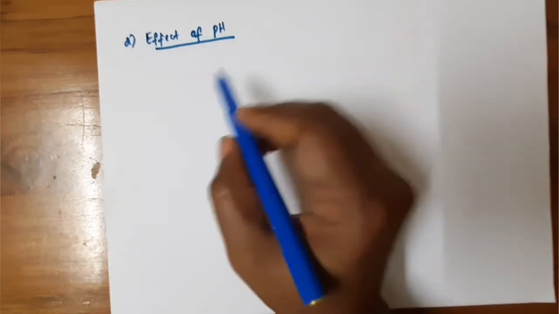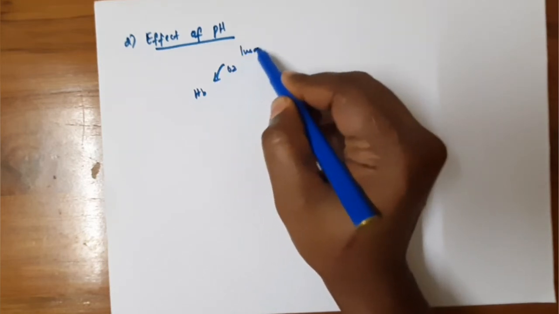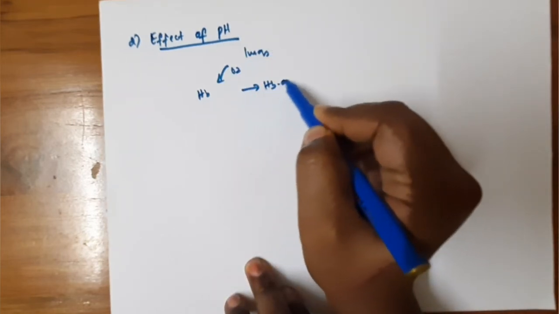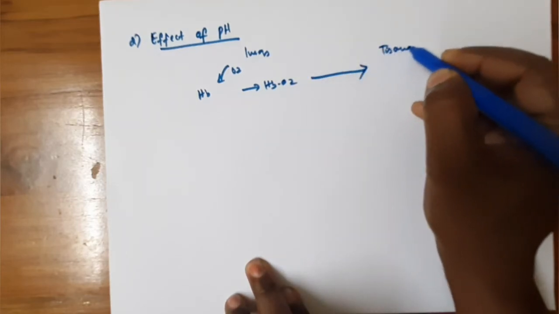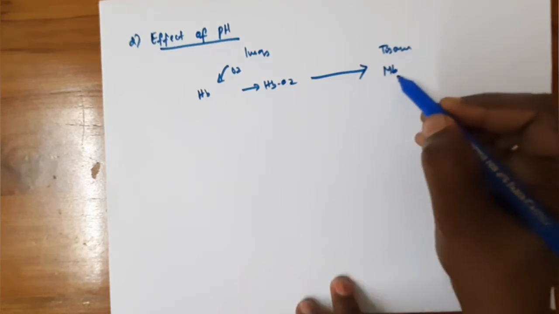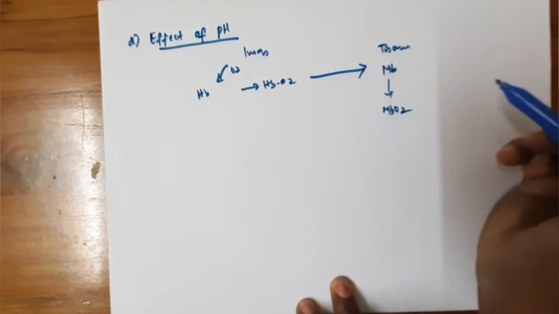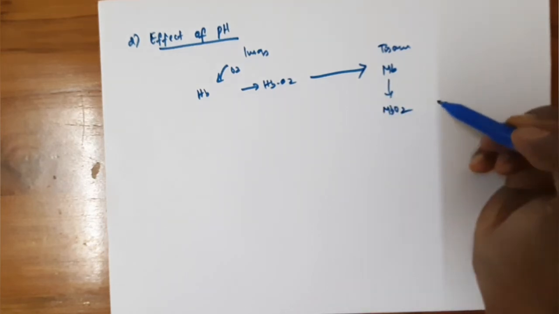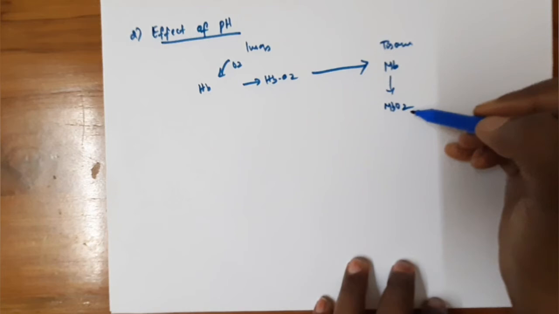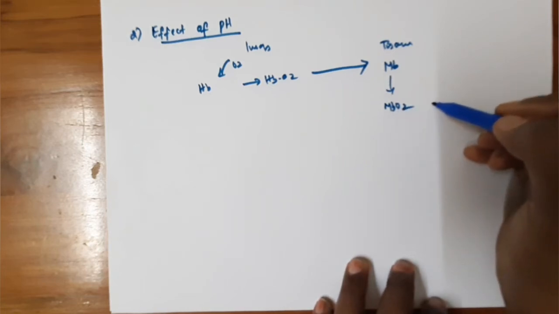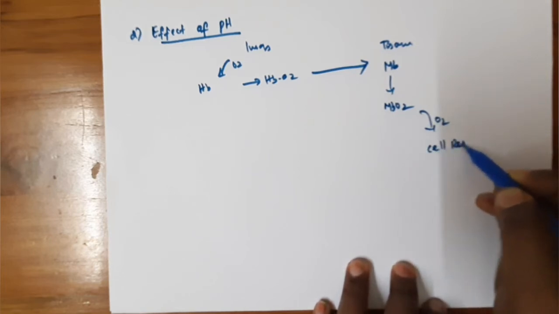As I discussed earlier, the hemoglobin picks up oxygen from the lungs, binds it, and travels through the blood to the tissues and reaches myoglobin. This myoglobin takes this oxygen and forms myoglobin-bound oxygen, which is stored in the myoglobin. Whenever the body needs oxygen, the myoglobin transfers the oxygen to cell respiration.